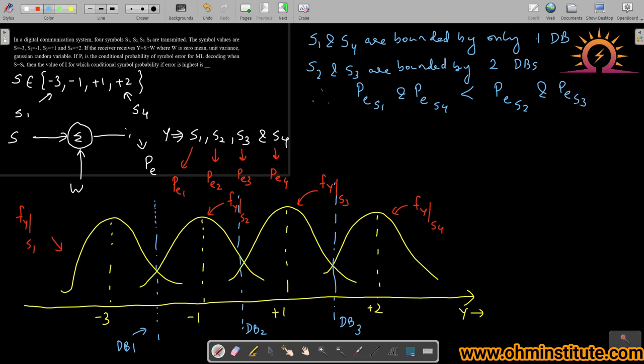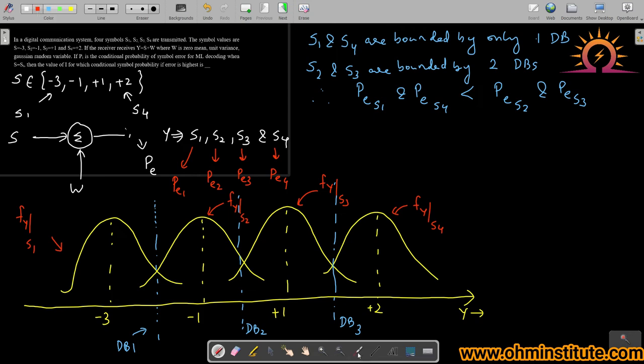That means since the highest probability of error is asked, I'll have to decide now between S2 and S3. Either of S2 or S3 will have the highest probability of error. Now, the second important point here is,